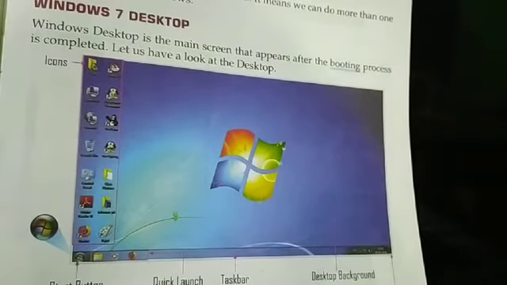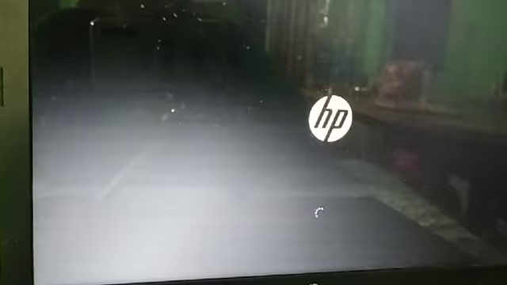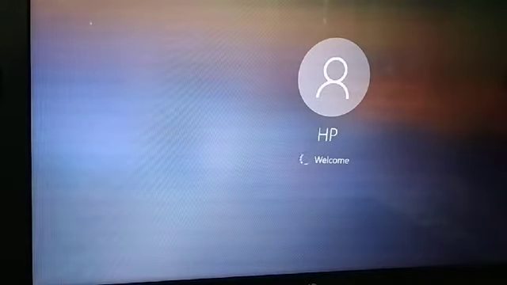So what is booting? Booting, I'm going to show you. Booting is the process in which operating system files get loaded into the computer. You can see I switched on my computer and now the booting process is going on. This is the welcome screen.